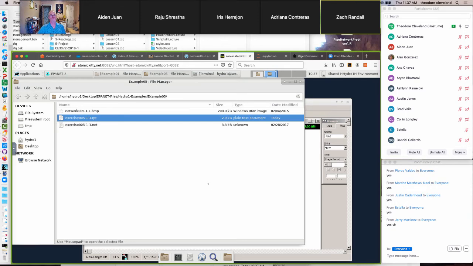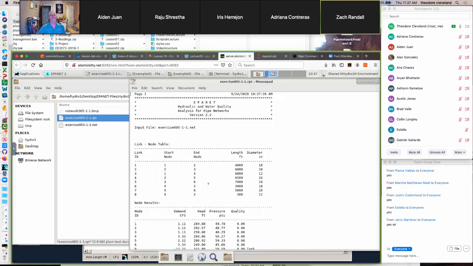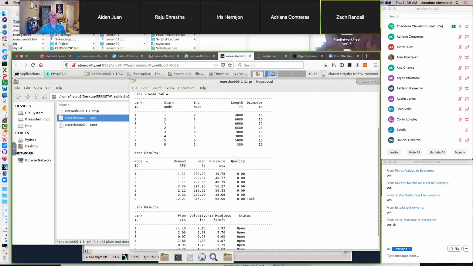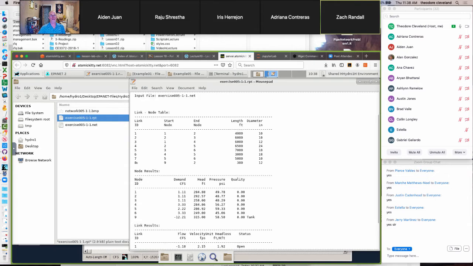Numbers, letters, pretty much everything you need to make an alphabet. So it tells us the run date, input file name, the version of EPANET we're using, the link node table. So there were 8 links, 8 pipes in the problem. It tells us the starting and ending node IDs of those pipes, how long the pipes are, the diameter, and it has the node information, has the node ID,